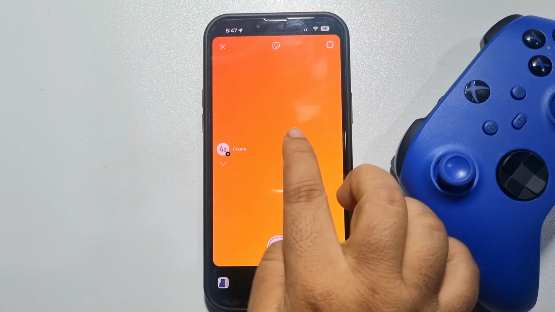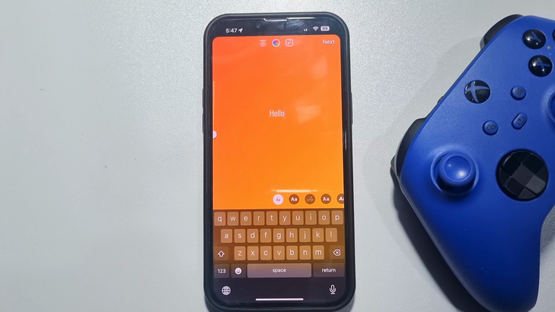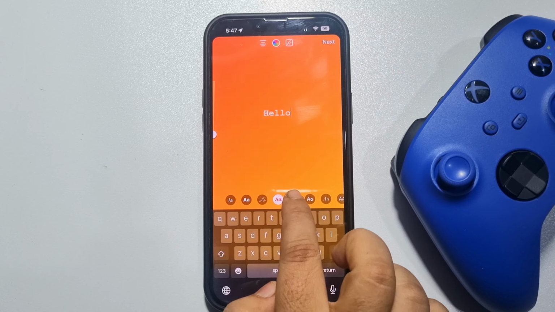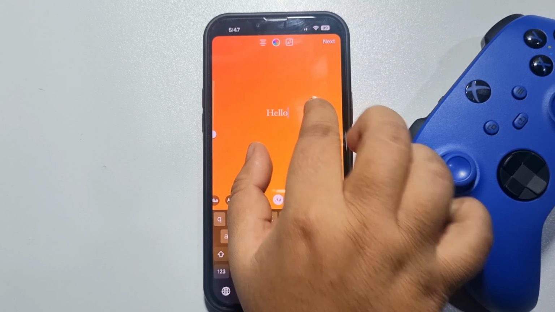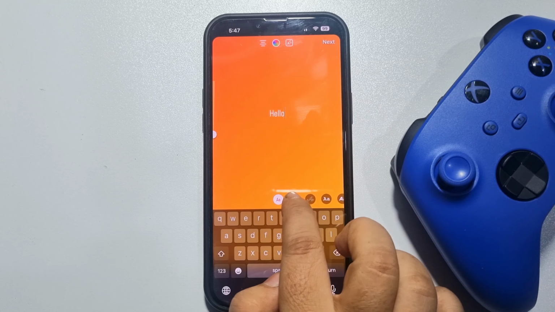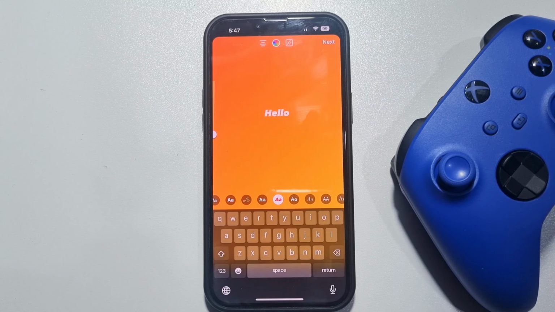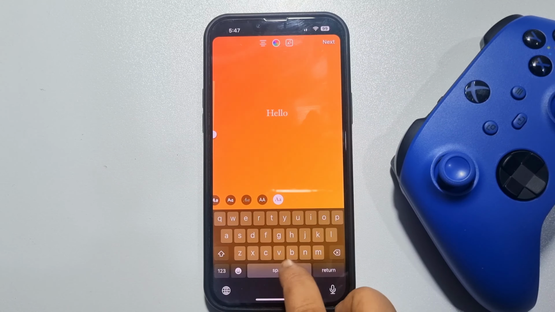And now if I write something here, at the bottom here we can see some font styles. We can select any font from this available font list. And now to use a font which is not listed in this menu, all you need to do is go